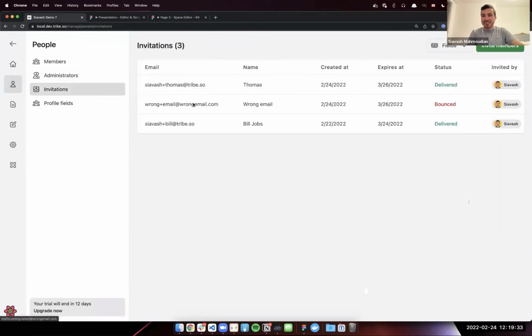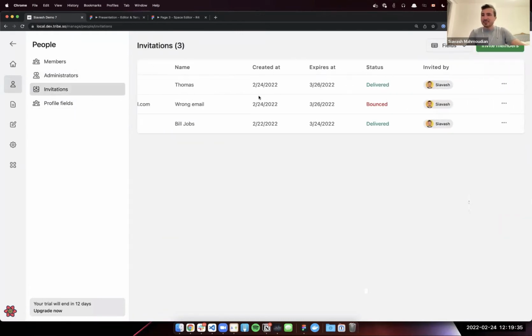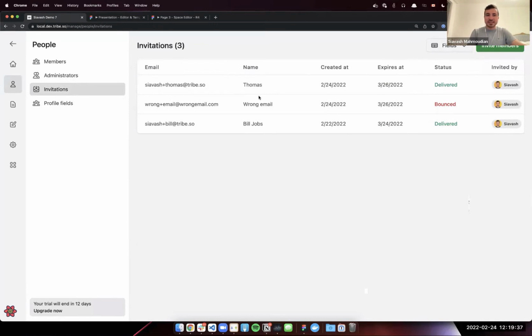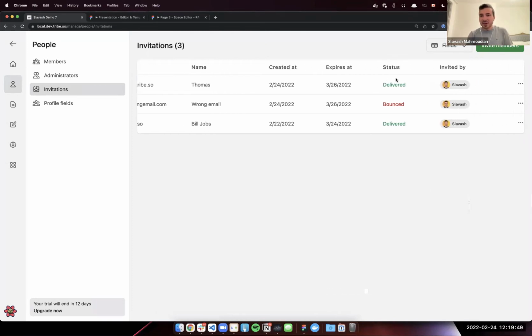Next, we have the invitations. In this section, we have improved it by adding a few options that were, I think, two of the most asked questions from our support team when things went wrong with the emails. One of the things is that we are now showing you the status of these emails. Are they delivered? Are they bounced? Have we gotten spammed or things of that sort? Or is the invitation still being queued to be sent?